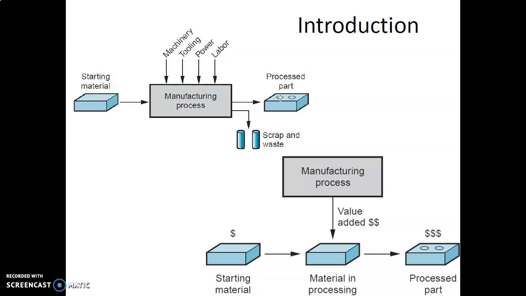So that cost is higher. Even in some cases, if you go to the market and you search out, like you want to purchase some steel or cast iron ready-made component, when you weigh that component, you can see